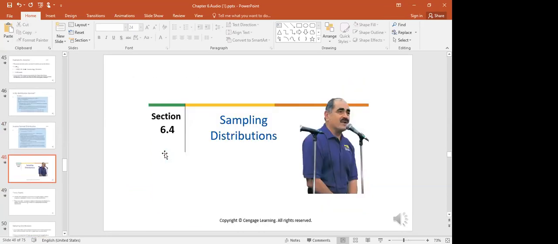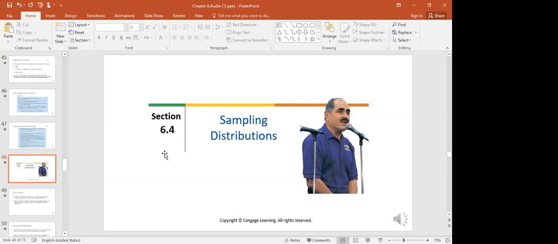So in 6.4, sampling distribution. So we have learned about the normal distribution, which is a random variable, as we say, with the curve that is bell-shaped. We use the area under the curve to find the probability. Most of the homework that you will have will be for the standard normal distribution and for the regular distribution. They will ask you, find the area to the left, find the area to the right, find the area between